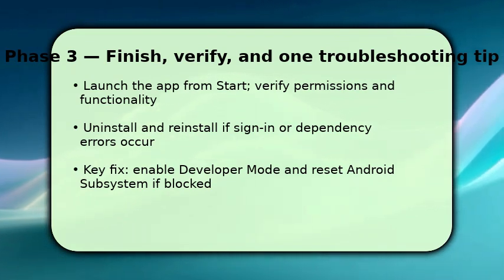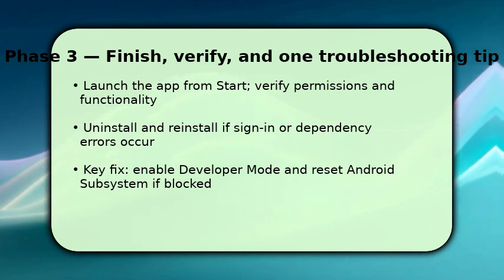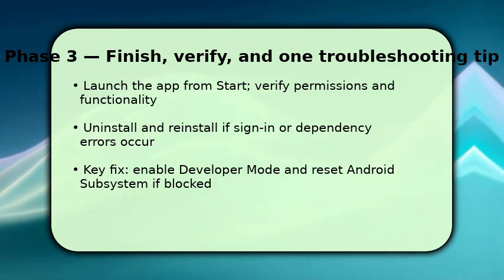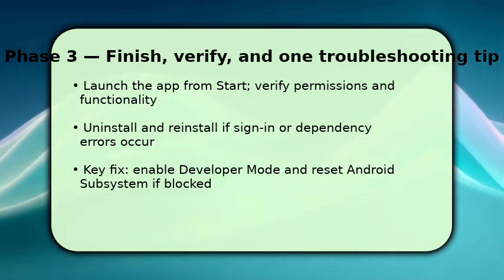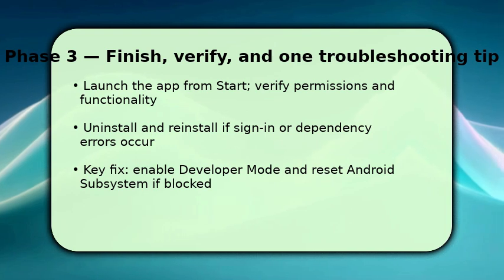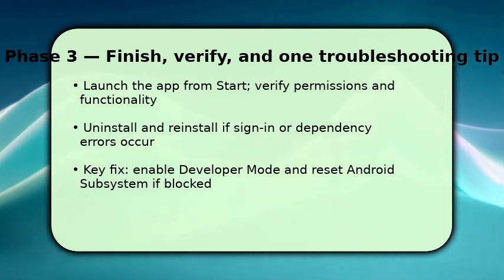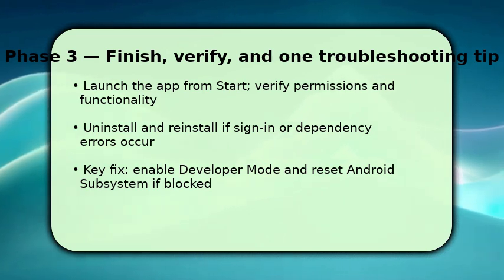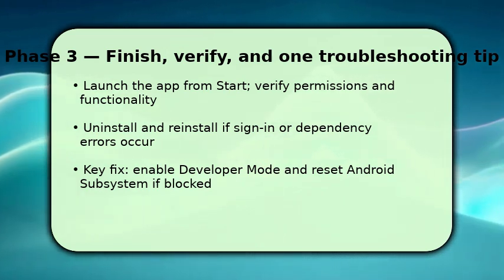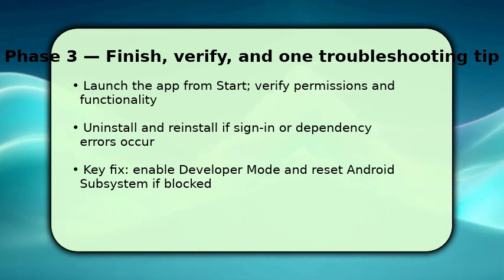If the app crashes or fails sign-in, uninstall from settings and reinstall using APK Installer with a fresh virtual device option. Make sure developer mode remains enabled, and if problems persist, reset or reinstall the Windows Android subsystem. That often clears connector and compatibility issues. If you still see errors, check the installer logs for missing libraries and